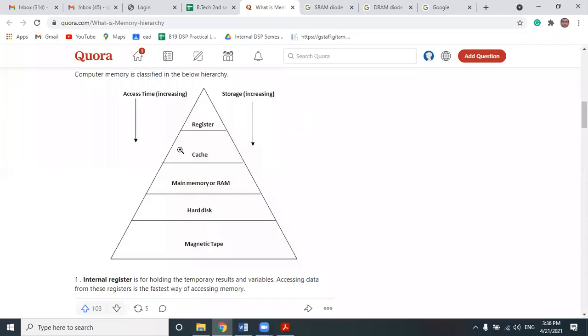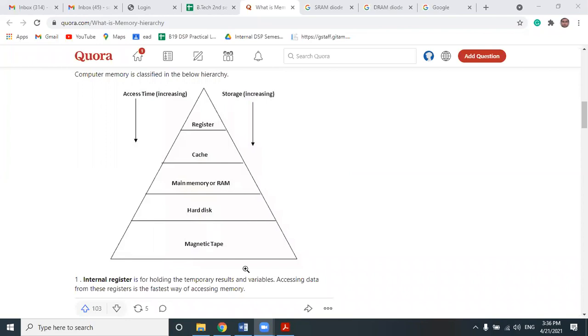That's why it is not included as an embedded part of the computer system. Yes, I will come to the cache memory. I will cover all the individual memories one by one. Whatever points you think are important, you can note them down. So this pyramidal structure is generally